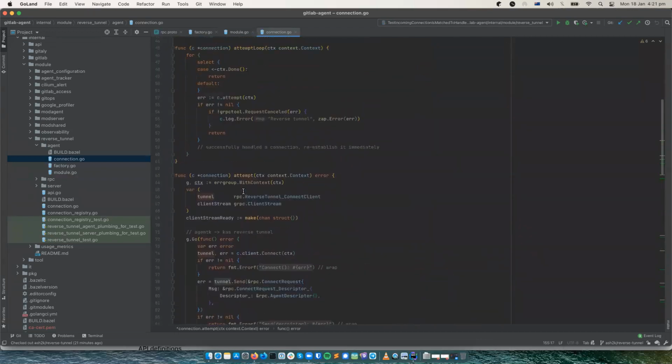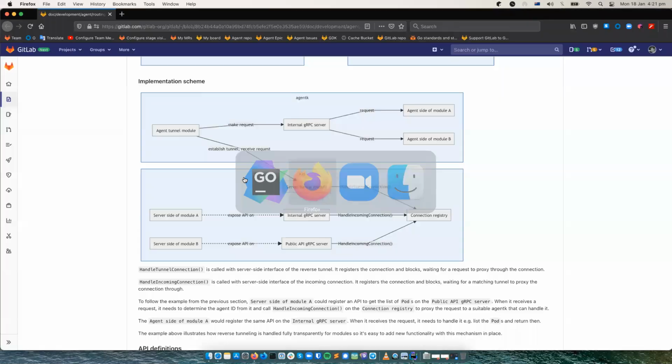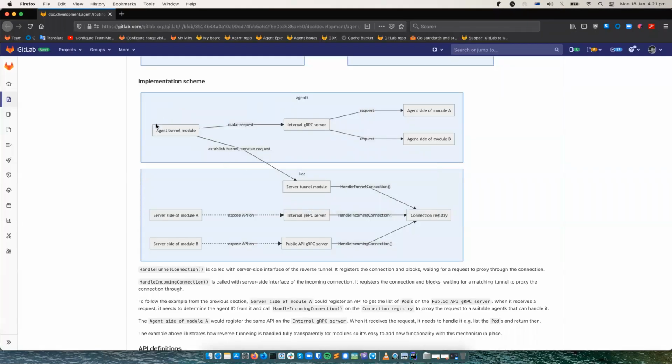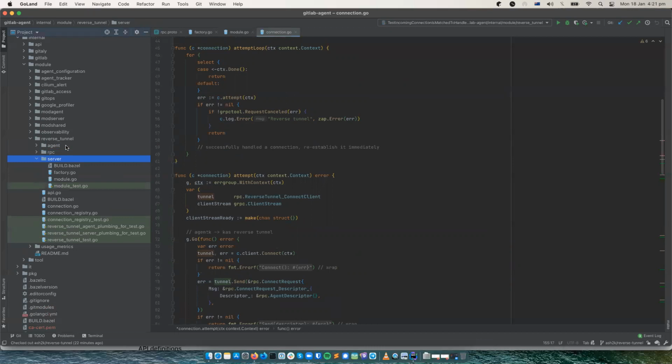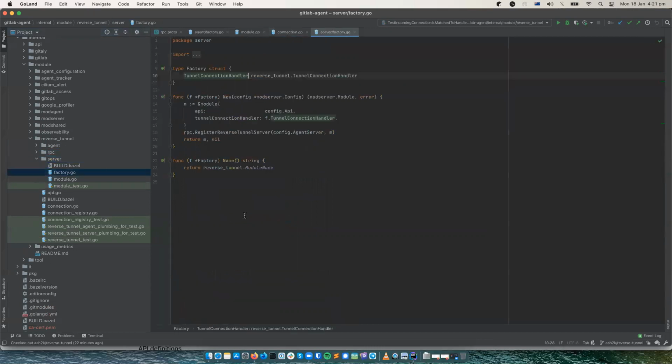This is how this part works. Okay, let's look at the server part. So the server module and how it uses the connection registry. And they live here in a sibling directory. And we also have a factory which